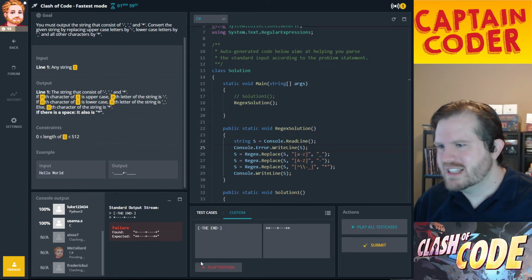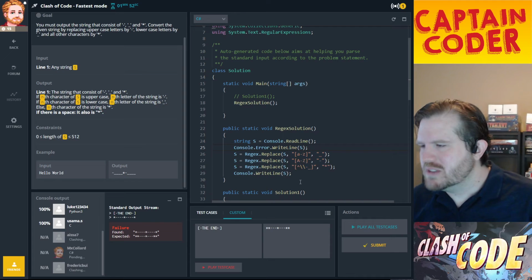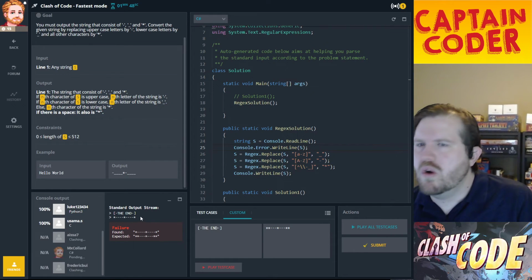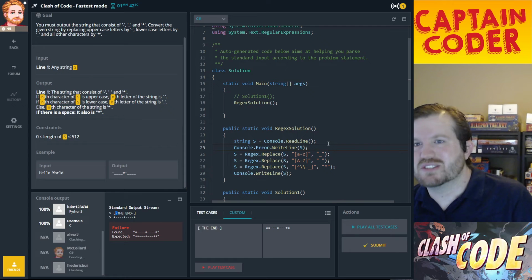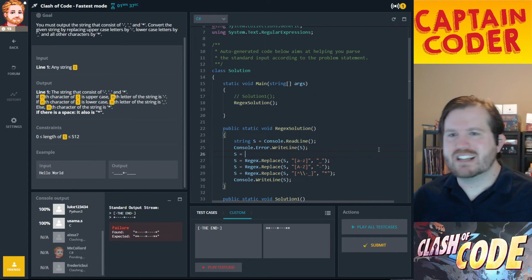I got 2 minutes. I could kind of brute force this and say, well, just replace those square brackets. I need to replace dashes with the asterisk. So there's this little tricky thing here. Okay. So the first thing I need to do is actually do